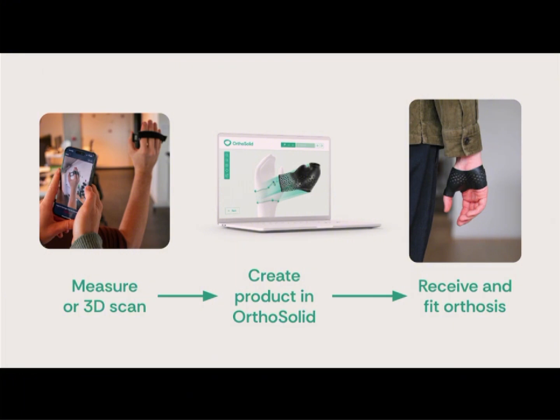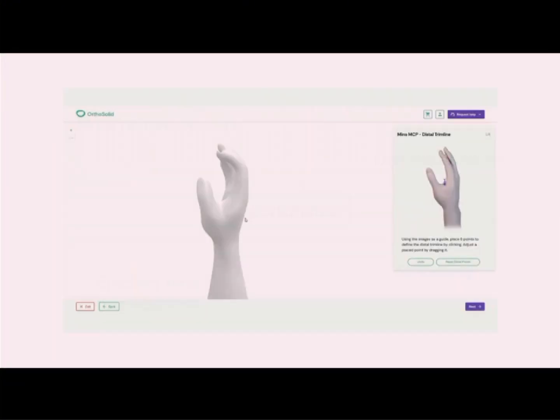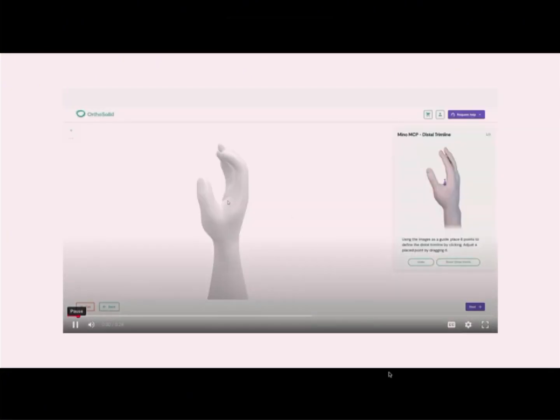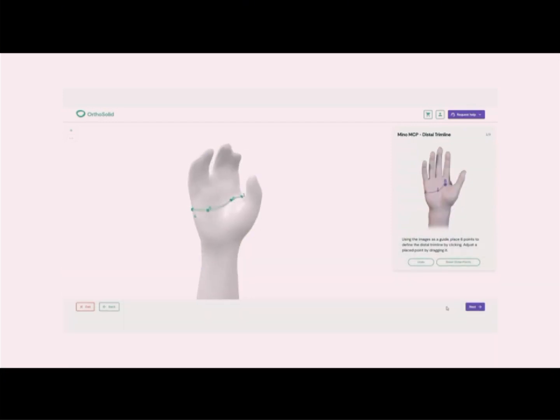Now, this might sound all a little vague, so let me show you how we make a 3D printed thumb spica in our platform.